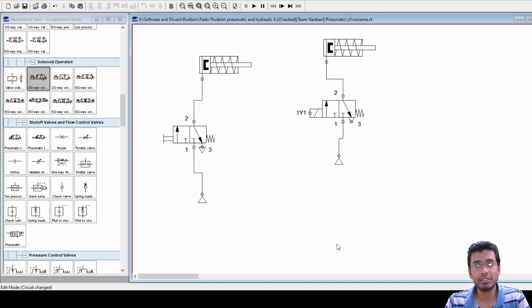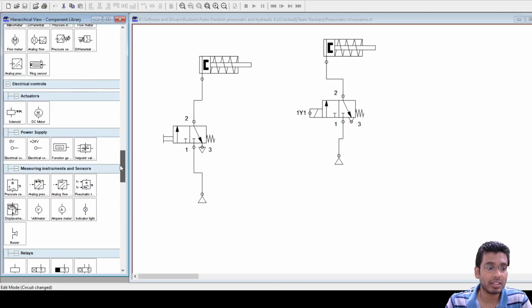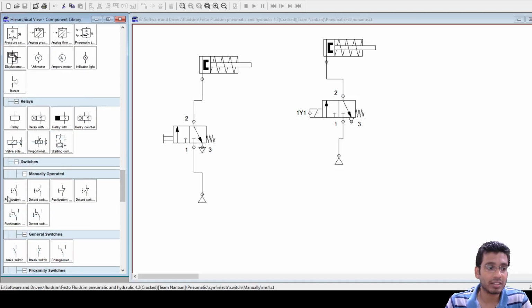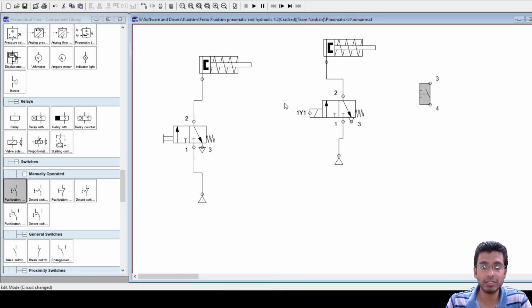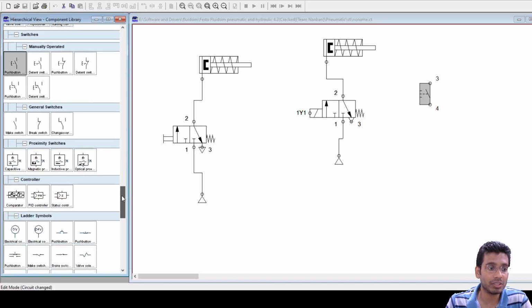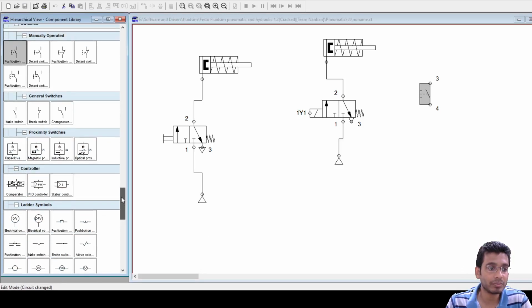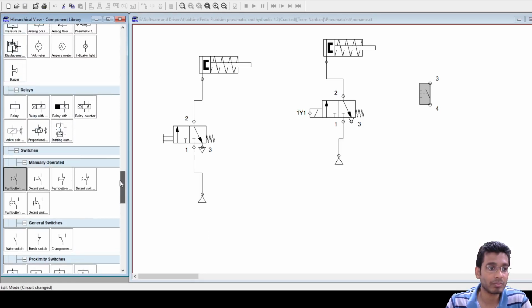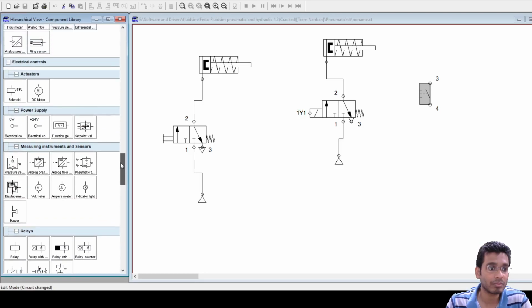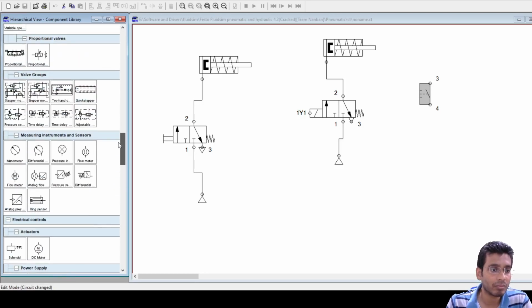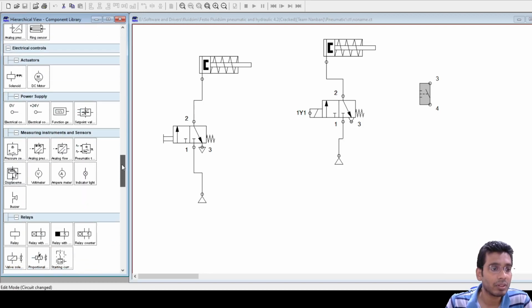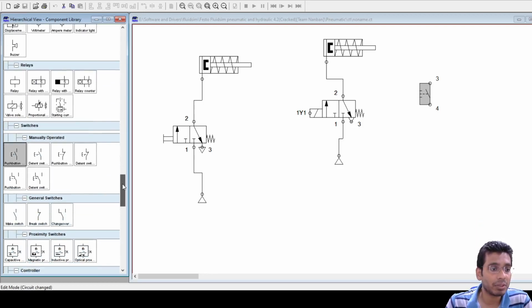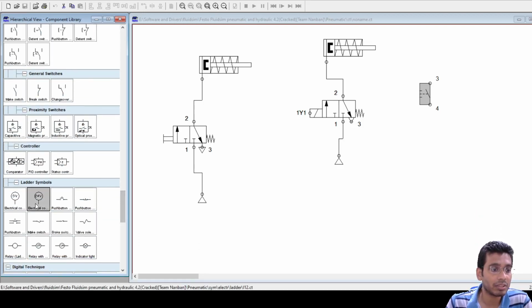Fine. Okay. And then to draw the electrical circuit diagram, I'll be taking a push button. And then I will be using a power supply. Where is my power supply here?